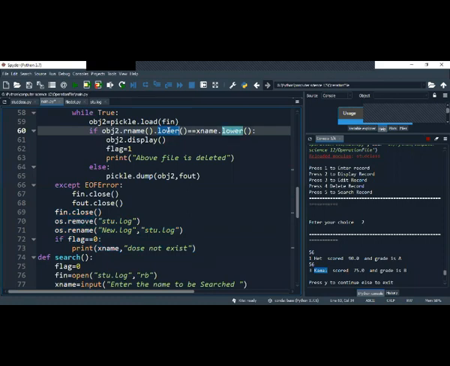Why do I use this one? For example, in your name the first letter is capital and the rest are small letters. A person who wants to delete may write everything in lowercase or everything in uppercase. Will it match? It will not match. So I converted this string to lowercase, so that the data I take from the file and the data I am searching both convert into the same case.